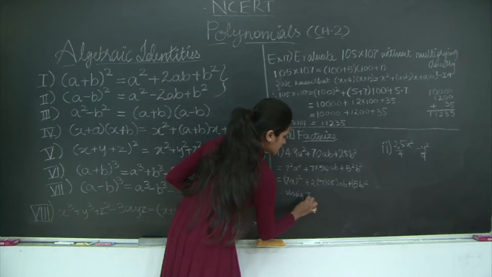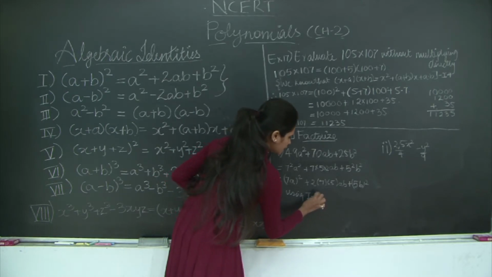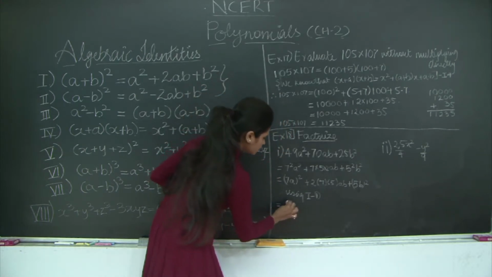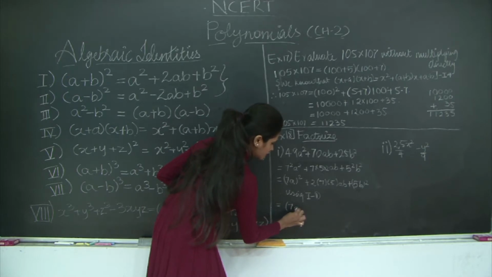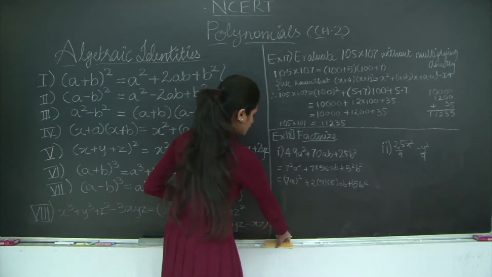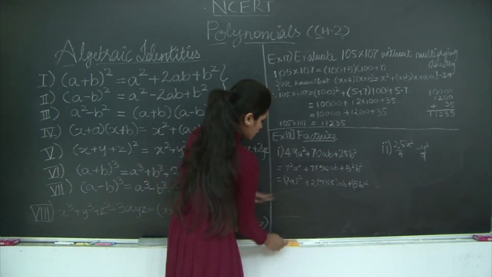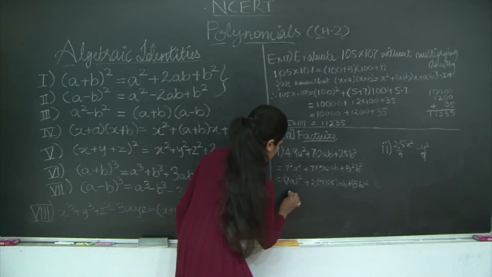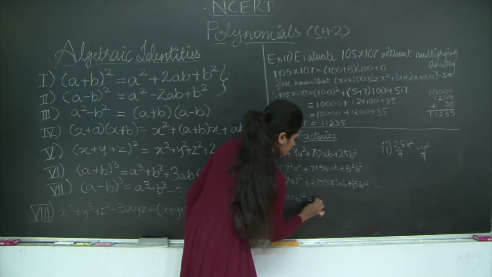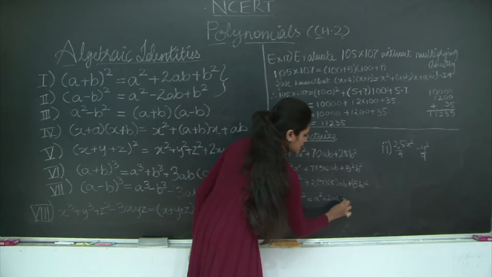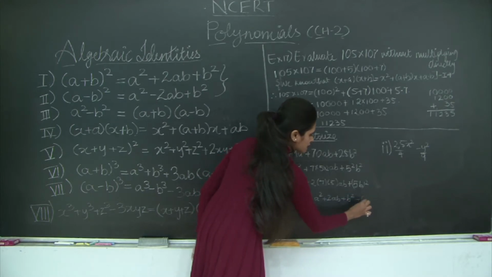I am just writing identity I1 instead of identity 1, okay? Using identity 1, I get this is equal to 7a, or rather I will just write identity 1 so that you do not forget it. The more we write it, the more we practice and the more it gets engraved in our minds, right? So you get a plus b the whole square is equal to a square plus 2ab plus b square, right? This is identity 1,